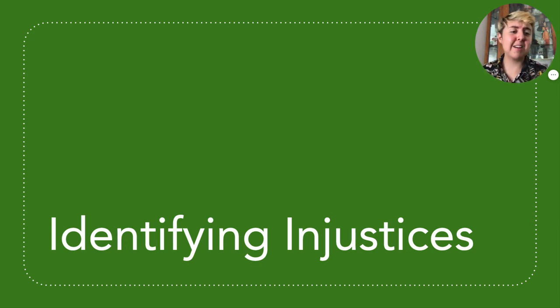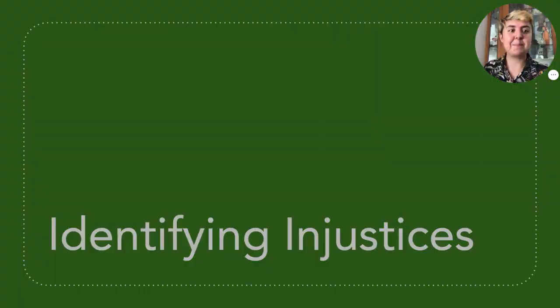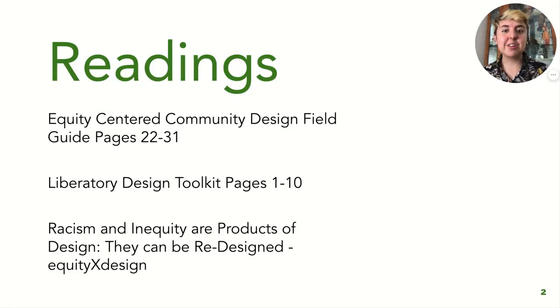And the first things in our class have been really important to learn because now you can understand what a system is and the varying levels that it needs to be addressed, and you understand yourself and your position to these issues. So now you'll be ready to do this process in the most equitable format as we work towards collective liberation. The readings for this section are here, and they'll also be linked in the blog as always. I hope you enjoy them.